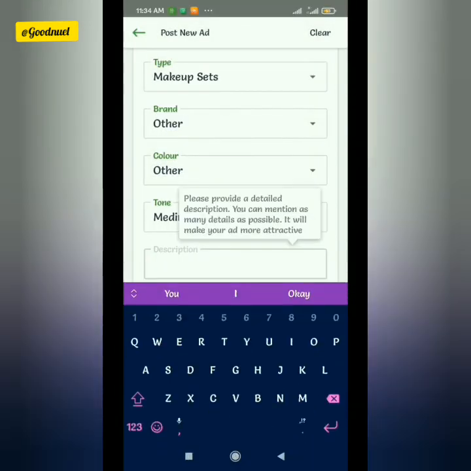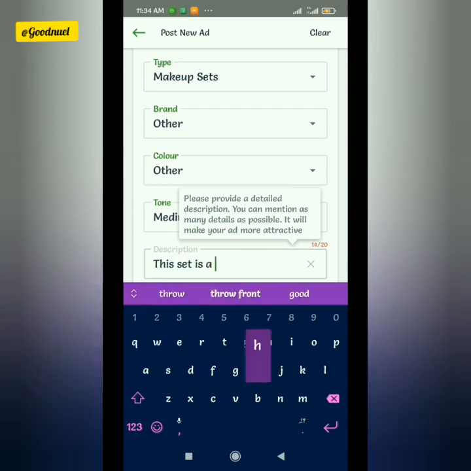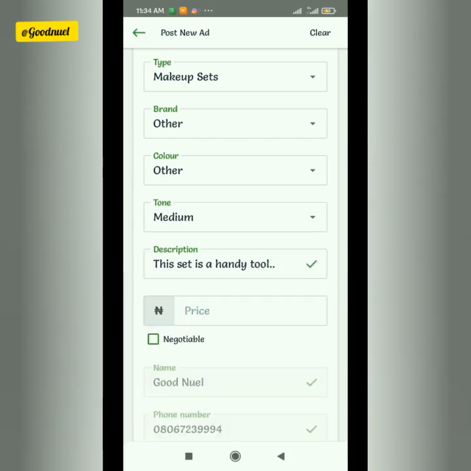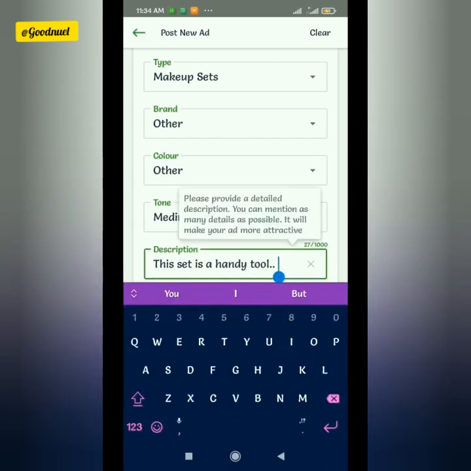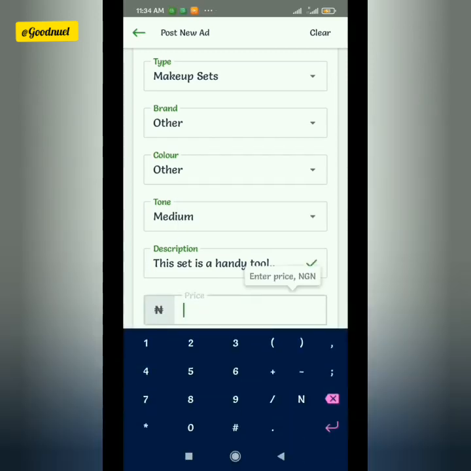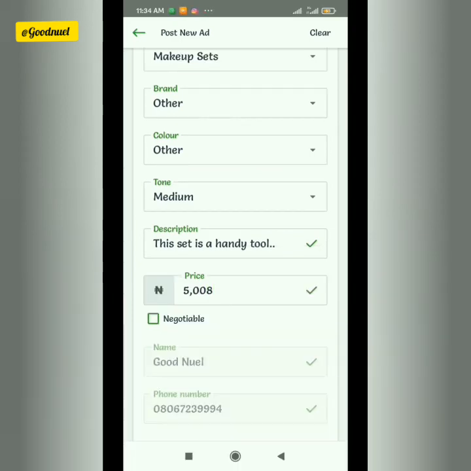So here is where you write your description, what your product or your makeup kit can do for them. So you say this set is a handy tool, blah blah blah. You write everything you want, and you have a maximum of 1,000 words, so you write as much as you want, like a proper product description. And then you put your phone number there too, and then you set your price. You can set any price you want,